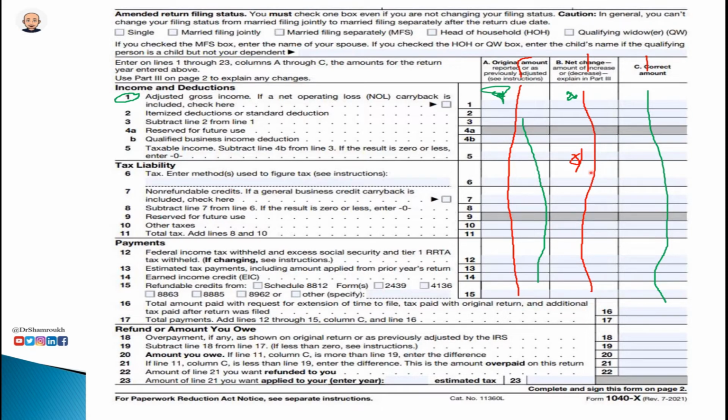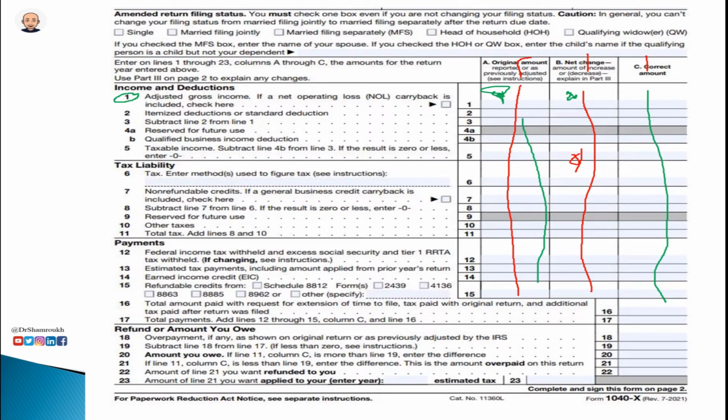After we put the information, we got the final numbers in column C, so we take the numbers from column C. Question 18, you put in here the overpayment of taxes, if there's any. For line 19, you need to subtract line 18 from 17 and put the difference in 19. For line 20,